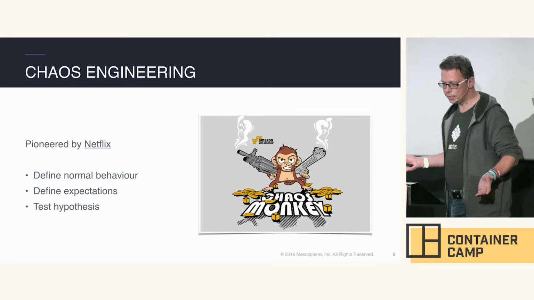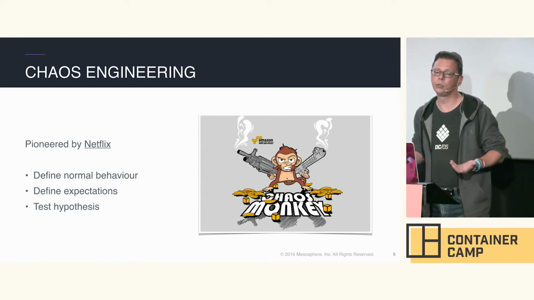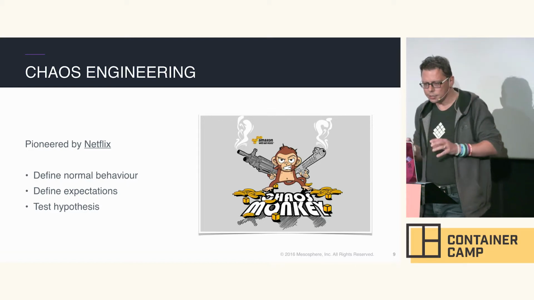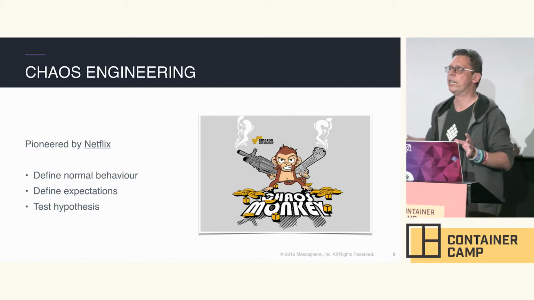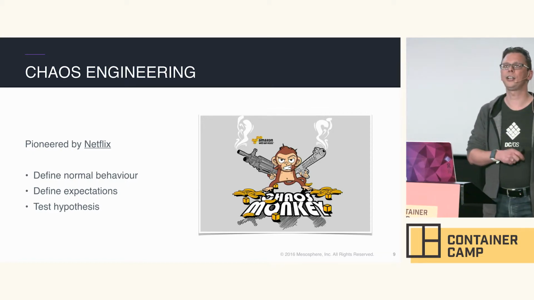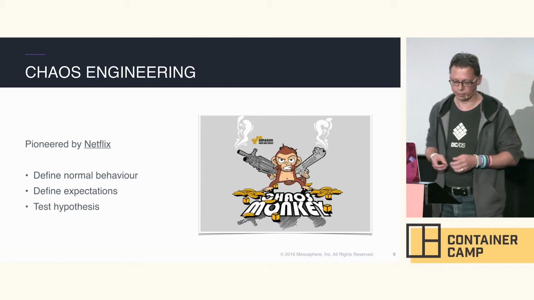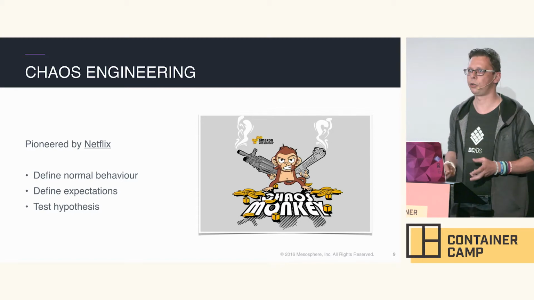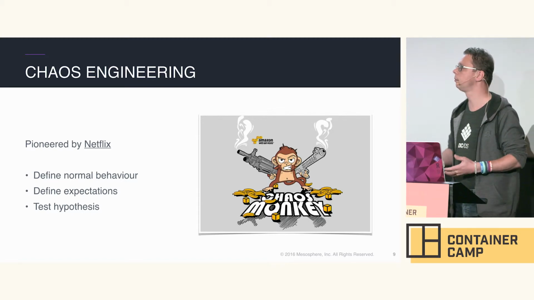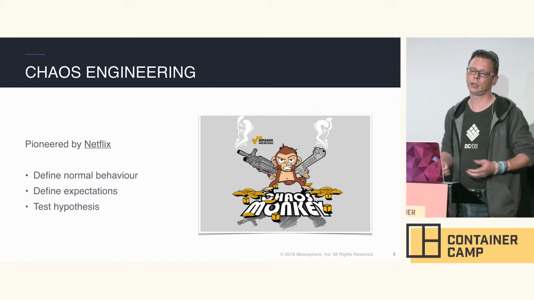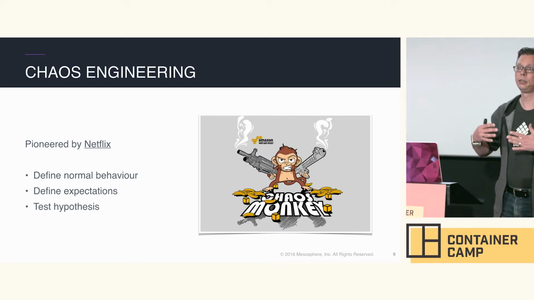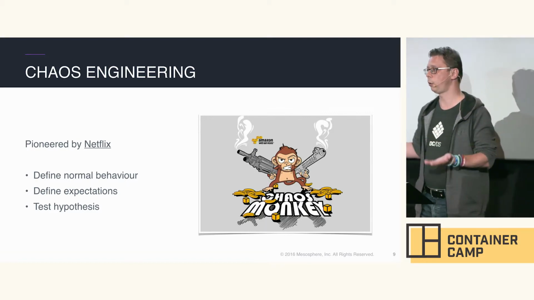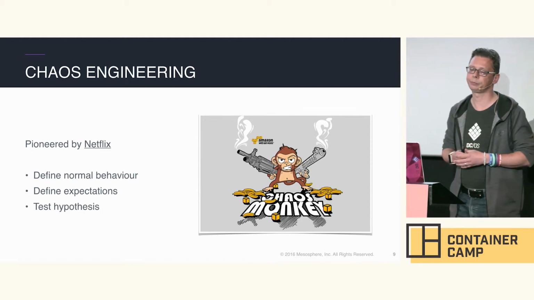Now, chaos engineering itself, the term, was kind of introduced by Netflix when they moved their infrastructure to AWS. And this is not about randomly damaging your infrastructure. You're not taking out your sledgehammer and running around, or whatever the equivalent would be in the cloud. But this is a kind of scientific approach. So you have to look at your system, your microservices, whatever you have there. You define the expected behavior based on the metrics you have there. Let's say the requests per second served, or users, or whatever.